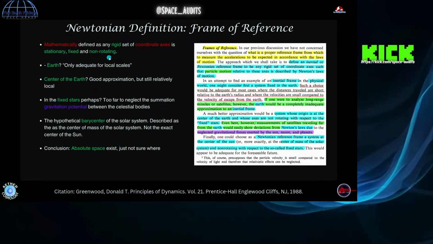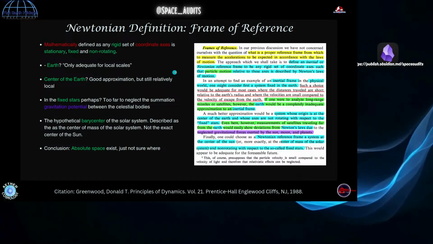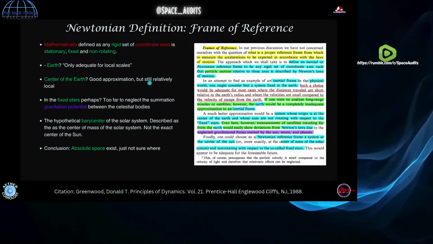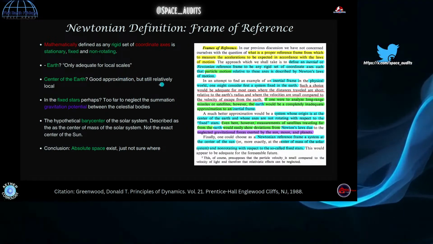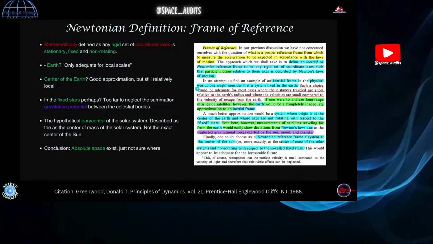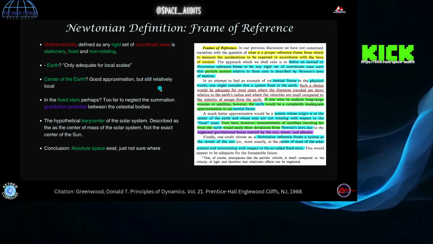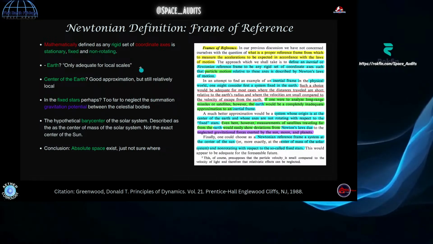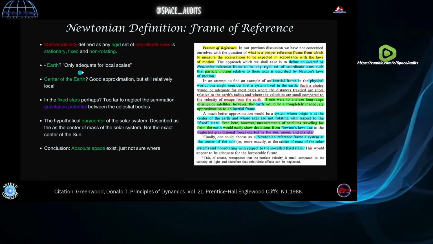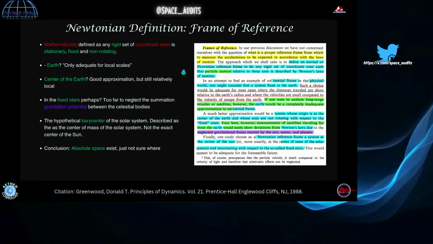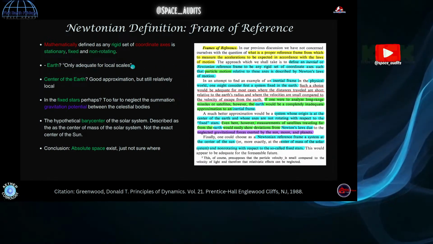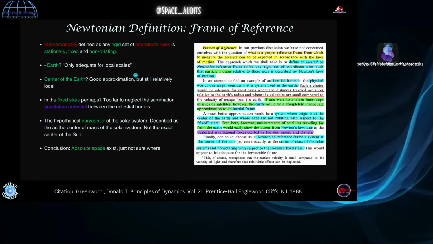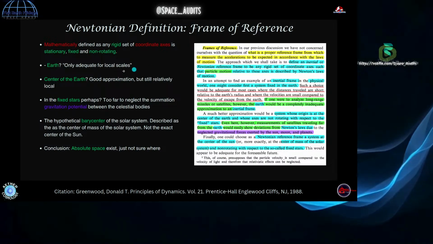So, mathematically defined, a reference frame is a rigid set of coordinate axes, so that x, y, z, t coordinate axis, all fixed to a stationary, non rotating point. Now, when Newton derived the laws of physics, he wasn't sure where to put an absolute space for his concept, because they consider the Earth in motion, so it would be a non inertial frame for rotation. But the laws of physics apply in this frame. But for philosophical reasons, he didn't consider the Earth as being the rest frame, so he put it out at the center of the solar system.